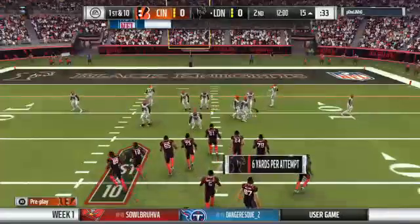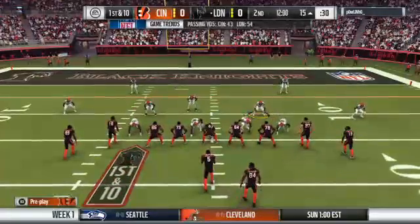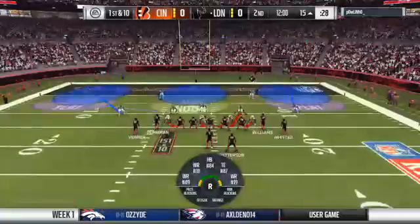Watch left, watch left, watch left. Start with me, start with me. Left. There we go now. Blue